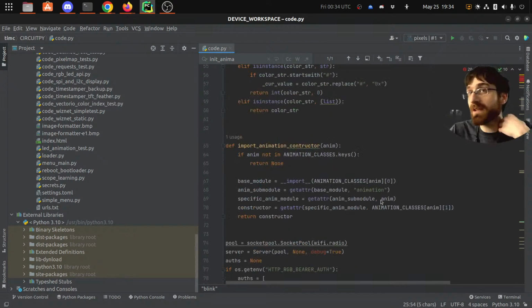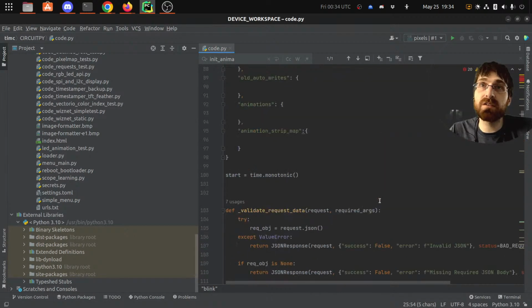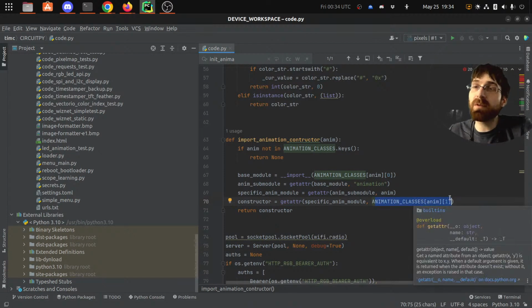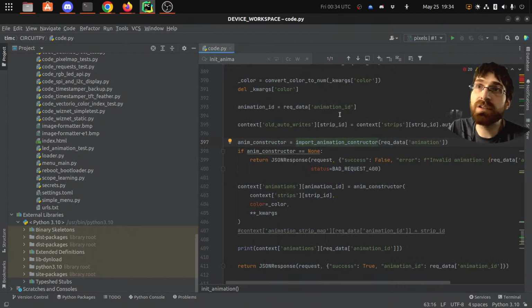And once we're in there, that's finally when we can get the constructor. It's able to getattr and that's where it grabs the capitalized version, and then this function returns that so that the code down here can in turn call